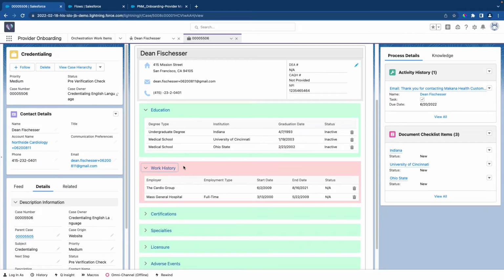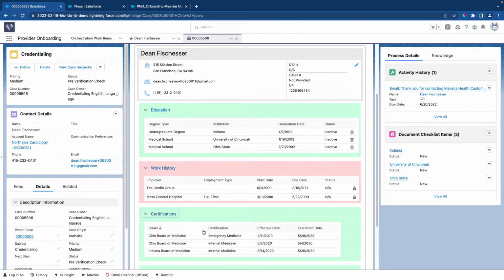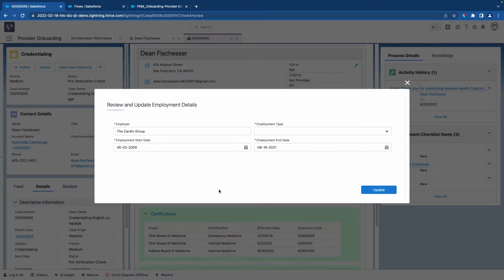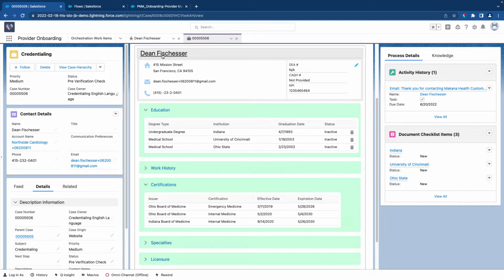Notice that this one's blue, or these are green, meaning that the data is complete, at least to our subsequent data verification. However, the work history seems to be missing an employment type for this particular record. By clicking into what is actually a data grid element inside of the flex card, it will launch an Omniscript for that row that I clicked on. A very simple Omniscript in this case, but the idea is that we're able to capture the missing data, and when we update that, then it goes and